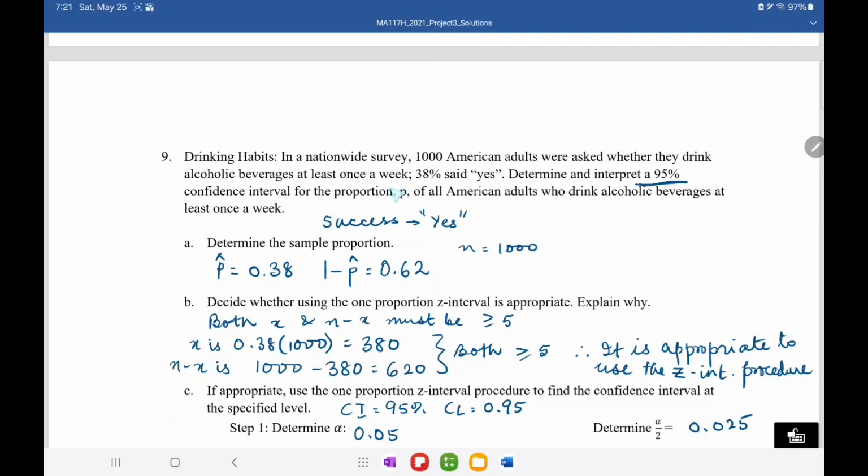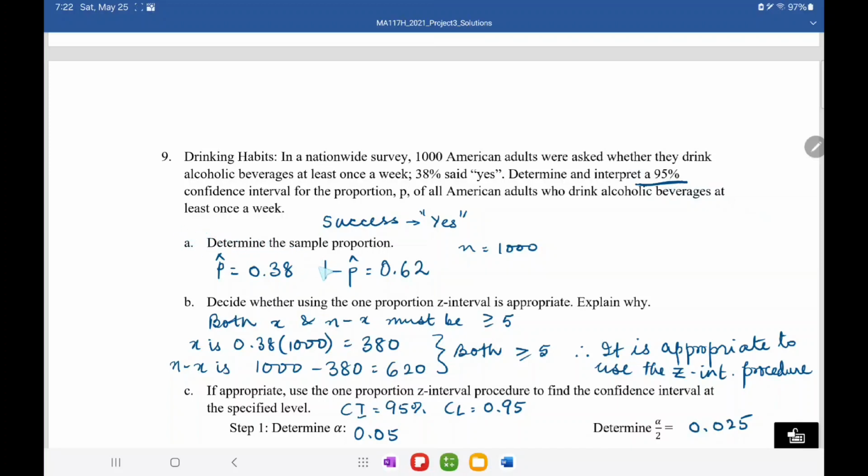or not. Okay, and whoever or however many said yes will meet our special attribute and will be considered a success, from which we will be calculating our sample proportion. So let's read on. It says 38% said yes. Determine and interpret a 95% confidence interval for the proportion P of all American adults who drink alcoholic beverages at